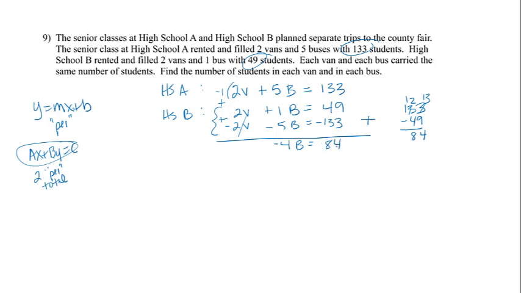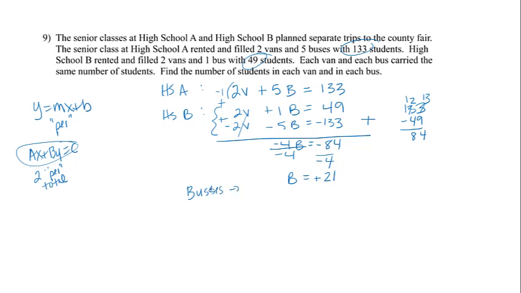Now the question is, is it 84 or is it -84? Well, the bigger number was 133. That number was negative, so we get a negative. Then we go through and we divide by -4. Negative divided by negative is a positive. 4 goes into 8 twice, and 4 goes into 4 once. So B, the buses, is